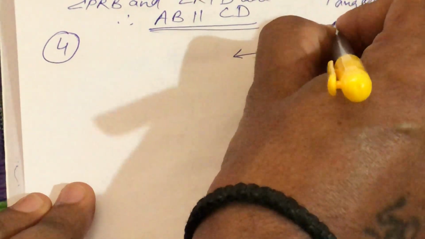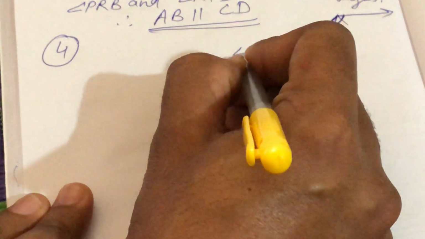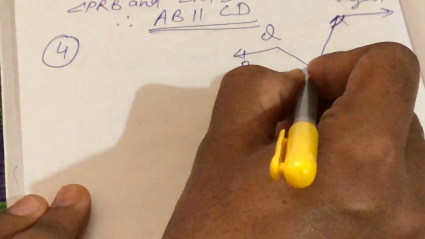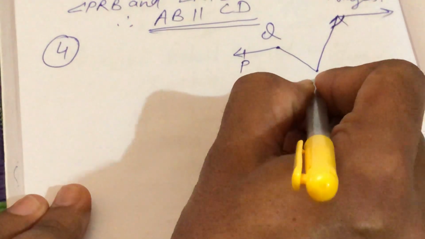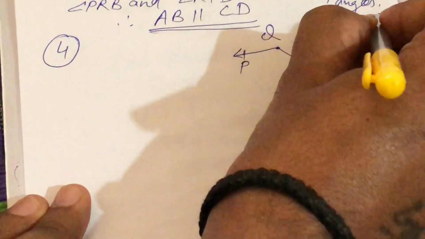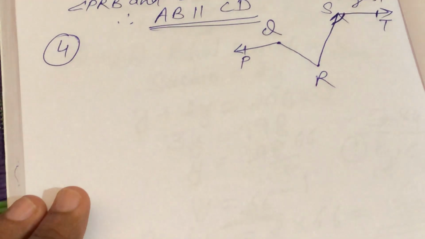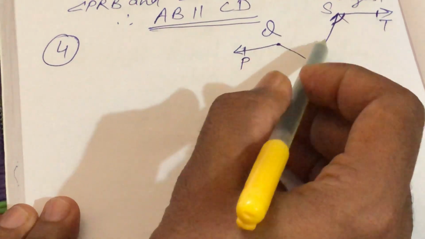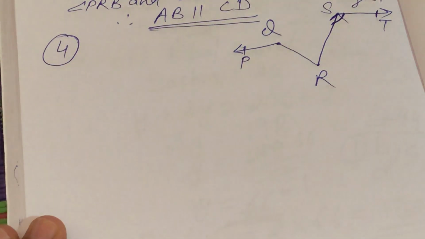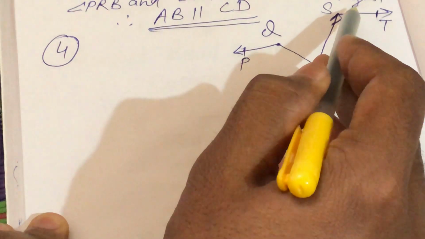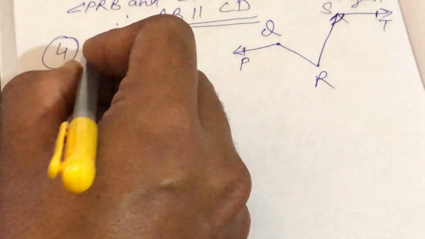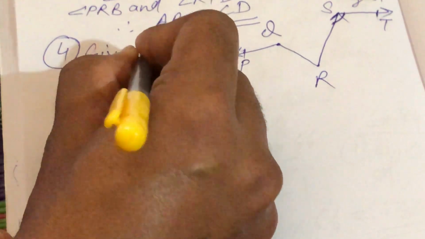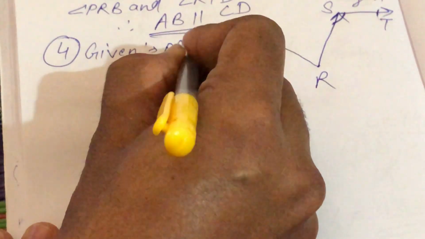Okay, sorry, like this angle, this is figure PQ. Okay, this point Q, this point R, this point is S, and this point is T. This PQ, clearly see, this PQ is parallel to this ST. It is given. PQ and ST are parallel. So I'll write in given statement PQ parallel ST.